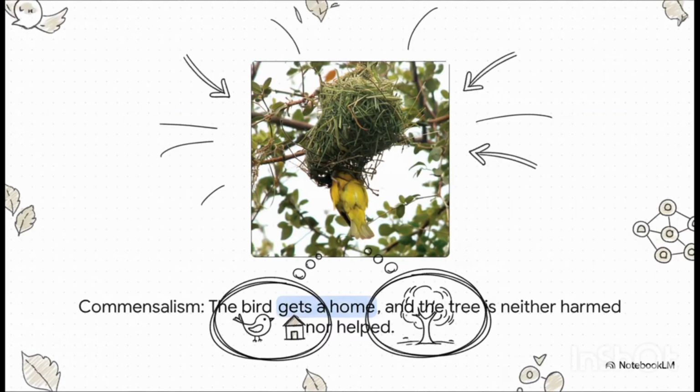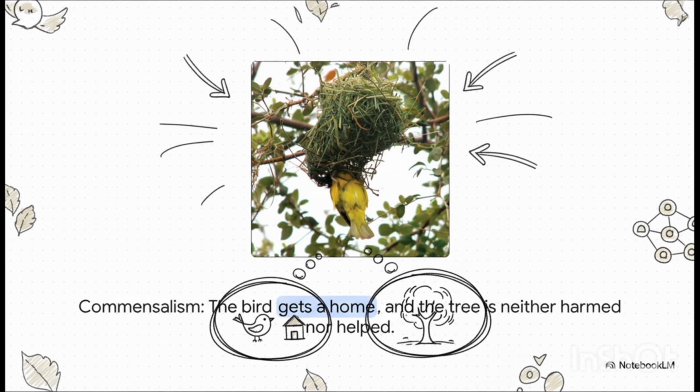We'll also dig into the fascinating ways that species interact. Here, you've got a bird building this amazing nest in a tree. The bird gets a safe home, which is great for the bird. And the tree? The tree is neither helped nor harmed. It just doesn't care. This relationship is called commensalism, and it's just one of the many ways the web of